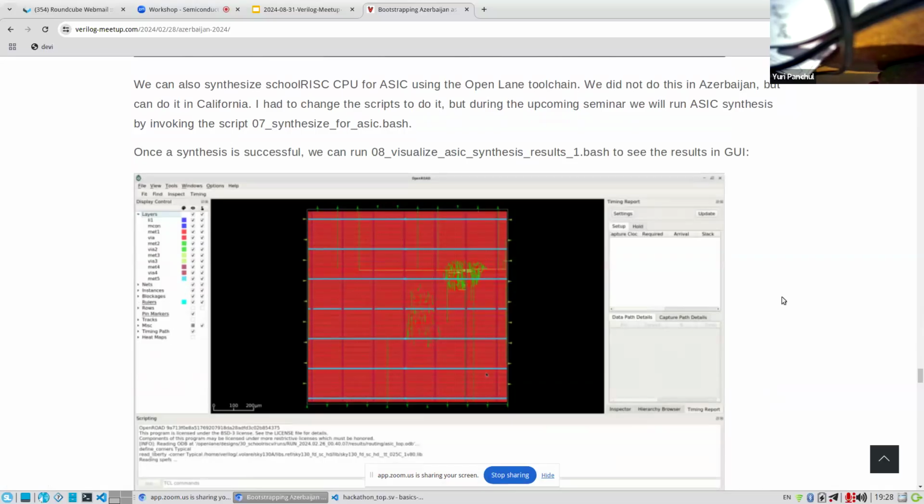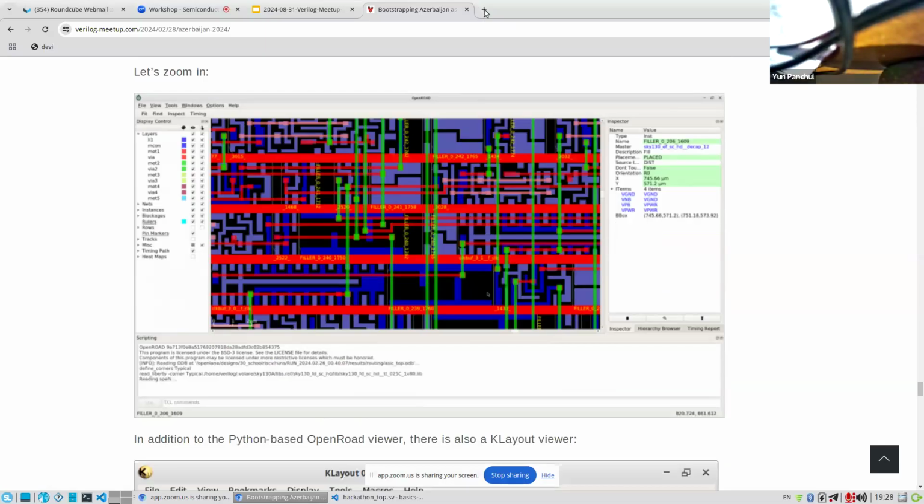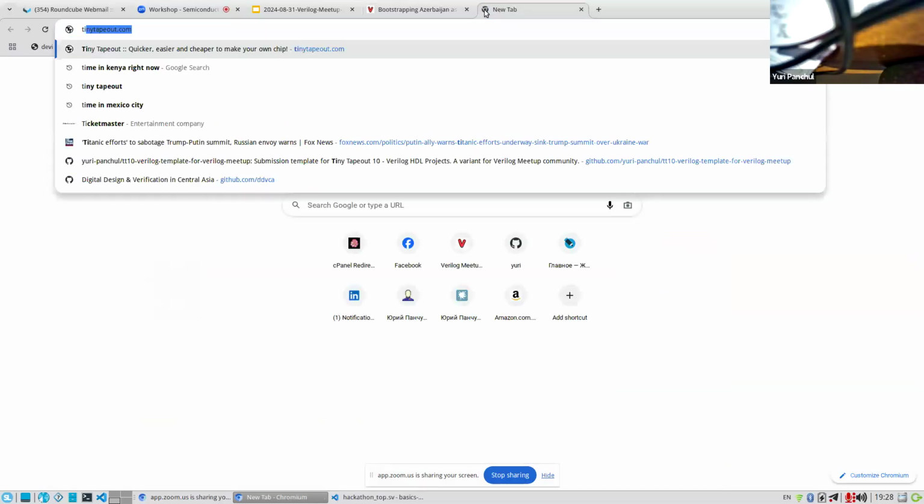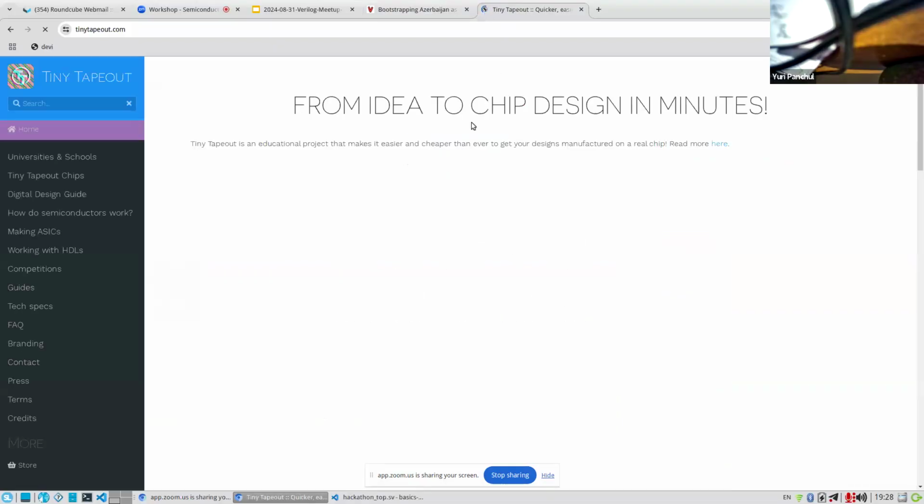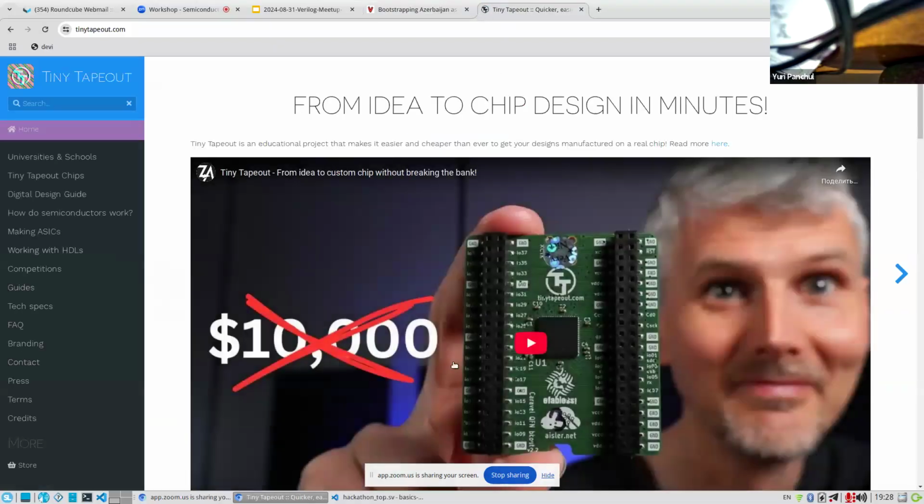And then you can actually implement your own ASIC on a foundry. The ASIC is a fixed chip which is made on a foundry, and you can use a service called Tiny Tapeout. You can use it for a very small amount of money to put your design on part of a chip and make your own chip.